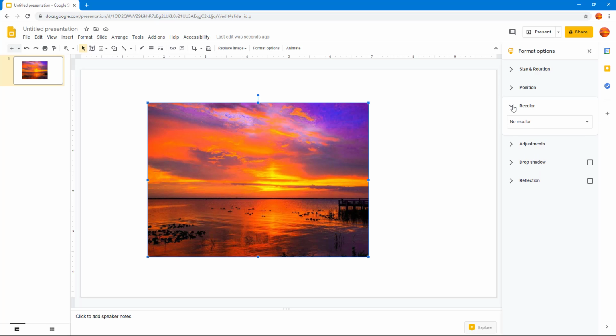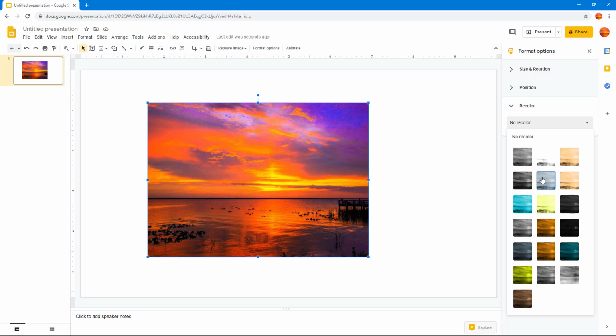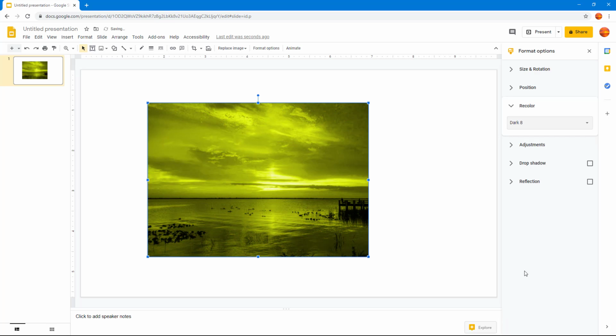I'm just going to expand this out, and here you can see that there's no recolor applied whatsoever right now. But if I were to click on this, you have various options that you can choose from. So you can go around and choose this, as you can see right here. So this is one way to keep it, but if you were to mix some,